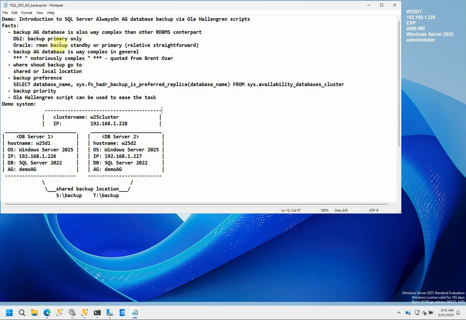For Oracle, RMAN can back up both standby and primary, but it's also relatively simple to set up. However, because of the uniqueness of SQL Server, Always On Availability Group